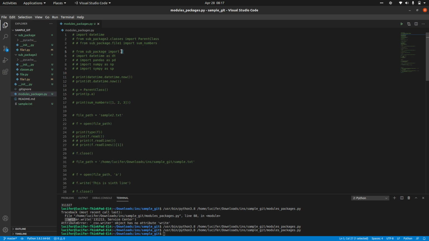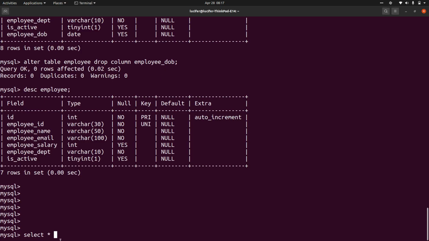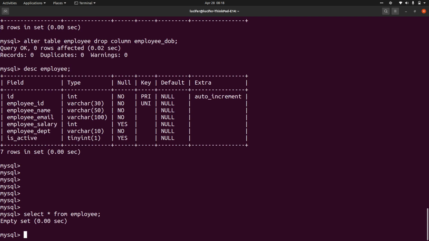Similar meaning here: star represents all the columns, all the data from employee. So this is the command structure. Select whatever data you require. It may be a star, which represents all the columns. If you want only one or two columns, you can just write down those columns from whatever table you have. Since I don't have any data, it is giving me an empty set.